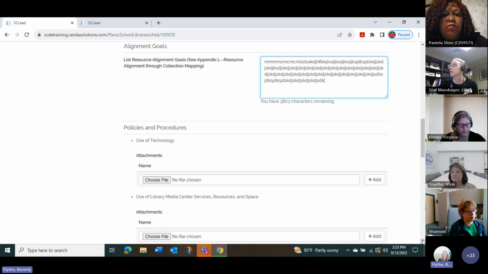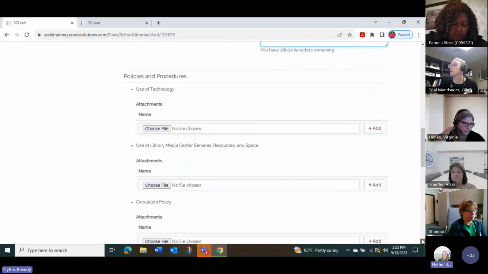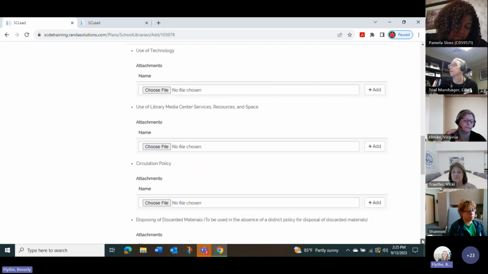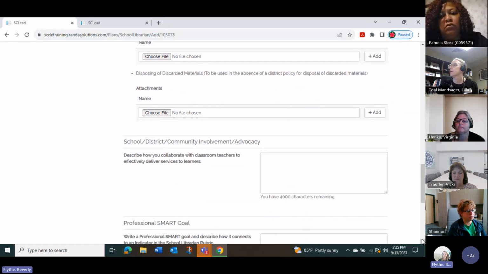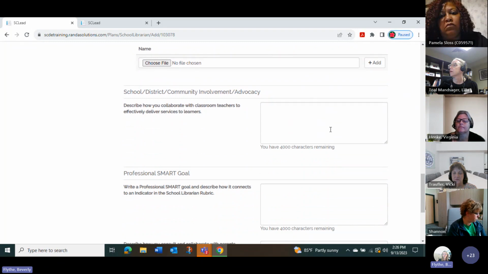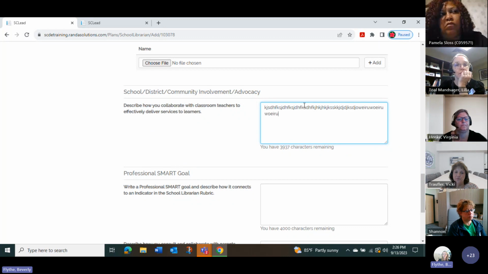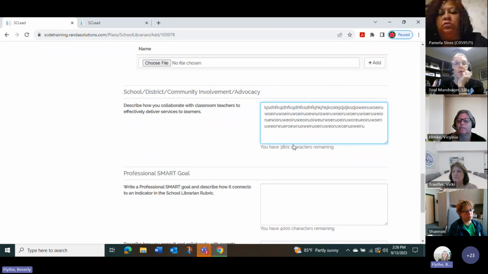So once you complete that list of resource alignment goals, then you would go down to your use of technology, your use of library media center services, resources and space, your circulation policy, your disposing of discarded materials policy, any school involvement, advocacy, if you do any kind of community involvement in your library, any type of outreach from the library, anything of that sort where you collaborate with teachers to deliver services to students would go in this section.